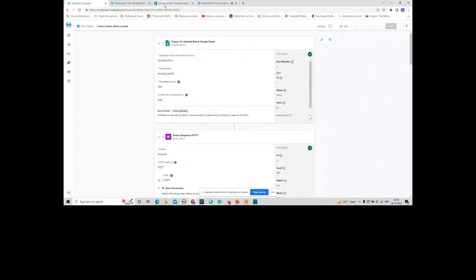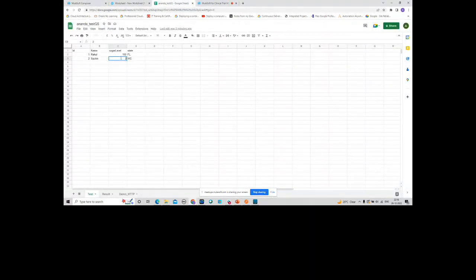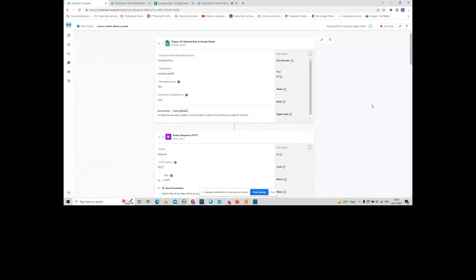Okay, so now I'm going to test it. One second, I have to update the data a bit so that it triggers. Let me say I make it 200. Because I didn't activate the flow, it will not continuously listen for events. In testing mode, once it's awaiting the trigger event, I need to do something so that it understands a change happened and starts the flow. Okay, the test finished.